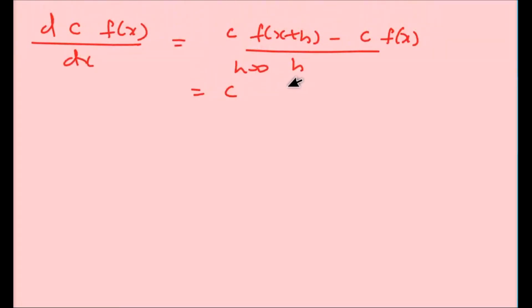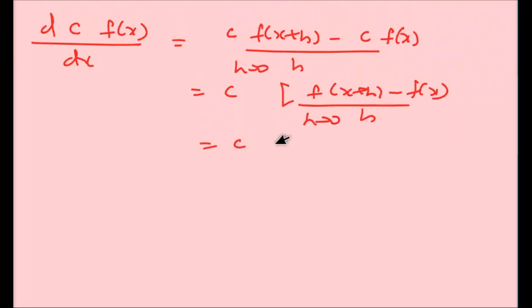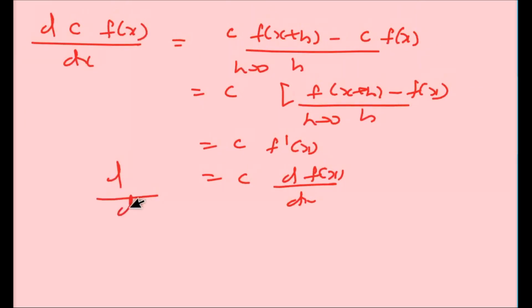We take the common, we are getting c into f(x plus h) minus f(x) upon h, h tends towards 0, means c f dash x, means c d by dx f(x). So we can say if constant is with any other function, we first should take the common. Okay,